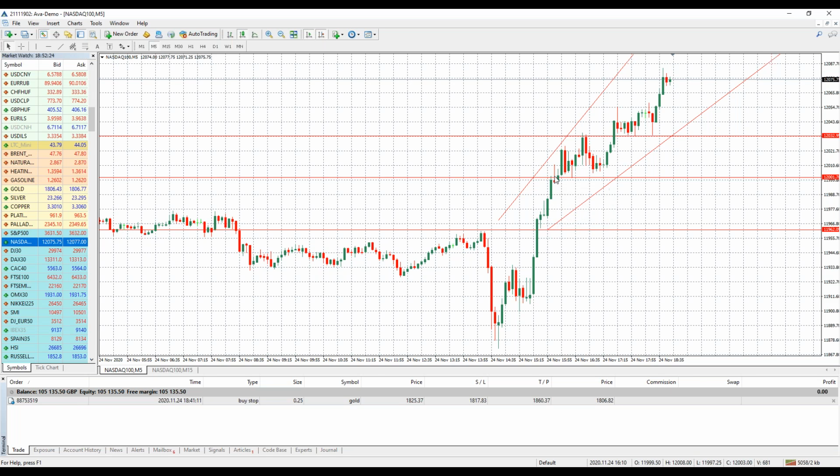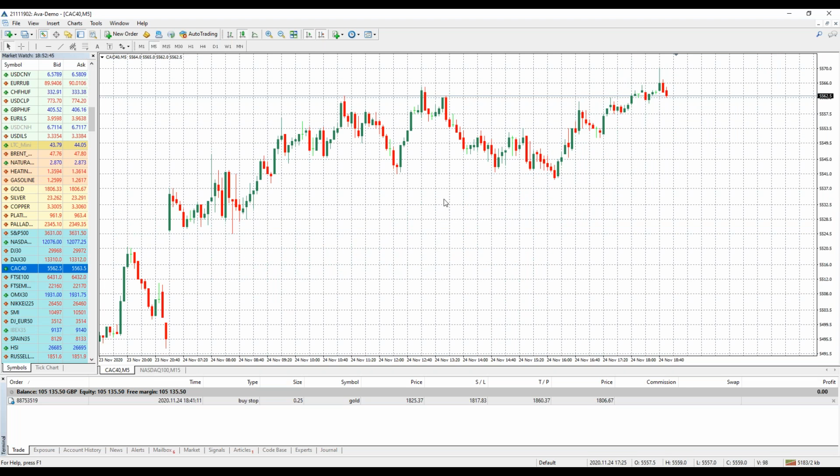That one would have won. Buy stop again at the resistance or after it broke through on the support, buy up, another winner. It breaks this resistance, buy, it held, another winner. Okay, it's like a staircase up in the direction of the fundamental news. So we could look at any of the major indices. They all look very similar. Up, up, up, like a staircase.